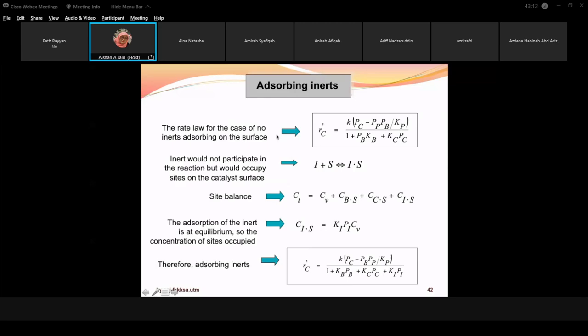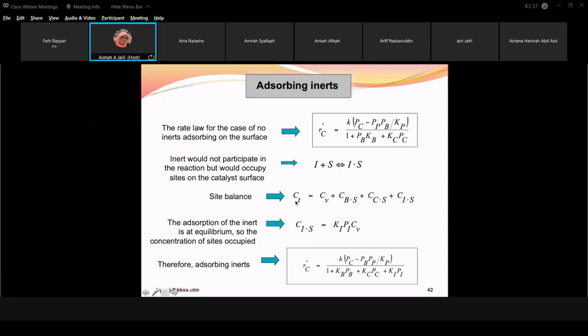If no inert, the reaction becomes like this. This one, if the inert does not participate in the reaction, or this one, where the inert does not participate in the reaction but occupies a site on the catalyst surface. This is the inert. This is the site balance. If inerts are present in that reaction,